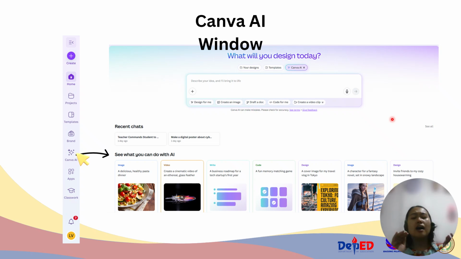Let's say, create an image of a walking dog or create an image of students walking on the sidewalk or something like that, then it's going to suggest an image for you.